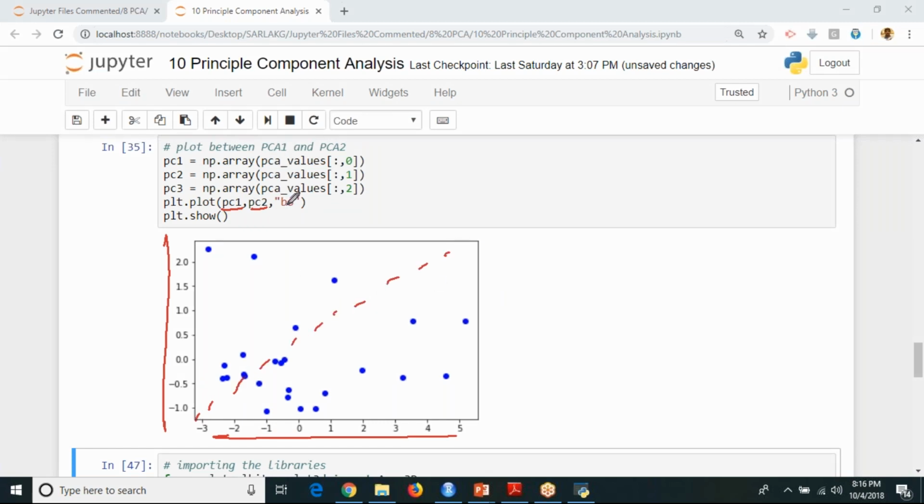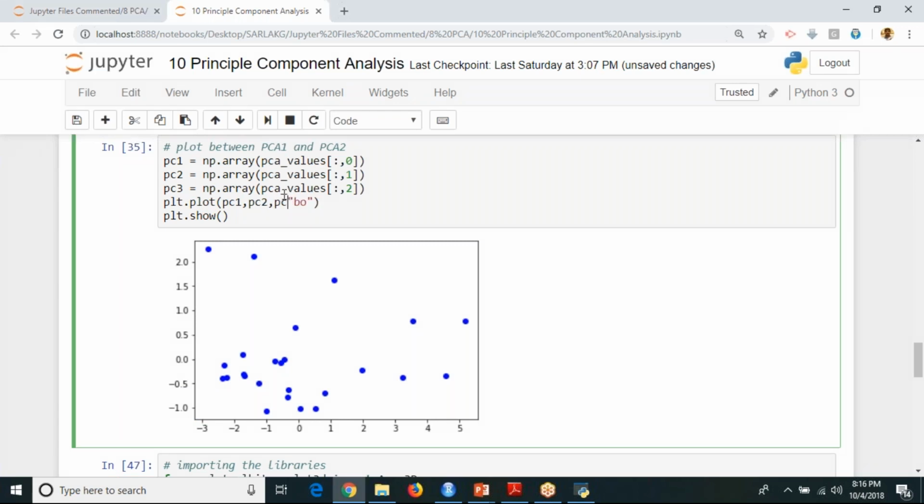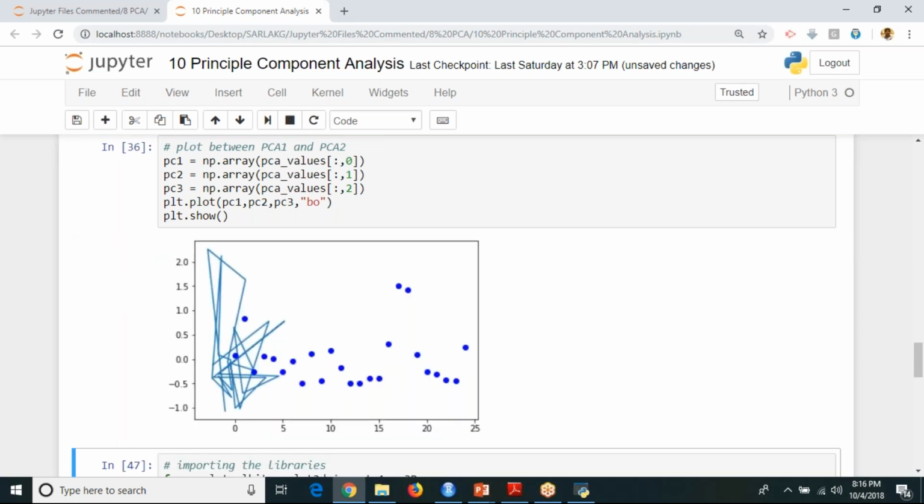Is it possible to plot it directly as PC3 here? It is not possible because the human eye or human brain is not capable of directly plotting 3D images. You will not get it like this. Let me just show you that. PC3. See, you are getting like this. So where is your PC1? Where is your PC2? Where is your PC3 now? This is your PC1 and PC2, but what about this? You will not understand anything.